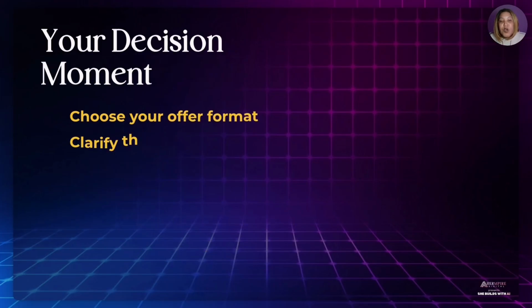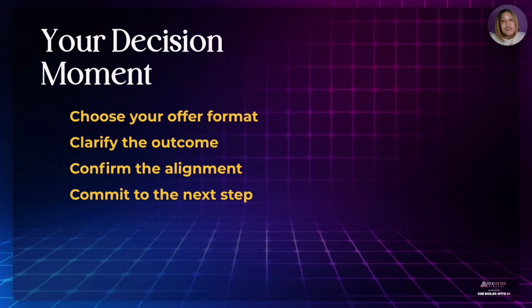Okay? Now, here is your decision moment. Now it's time for you to choose your signature offer. Like, what format feels good for you? What is the simplest for you? What clear outcome will you deliver with that, right? And does it feel aligned with who you are as a person? Now, this decision shapes the next phase of your whole ecosystem. All of this is a part of it, guys. It's a whole digital ecosystem out here, aka digital empire, okay? Your empire in one pocket of the net, okay? Because all we need is a little key, right?